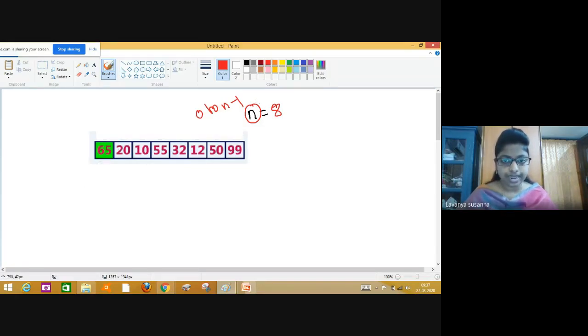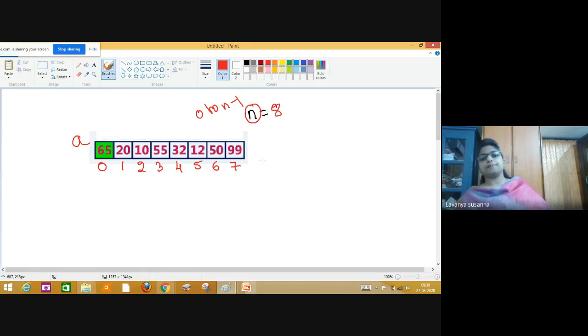So here n is 8, the size of the array. This is an array, and the array name is A. The index starts from 0, 1, 2, 3, 4, 5, 6, and up to n minus 1, 8 minus 1, 7.